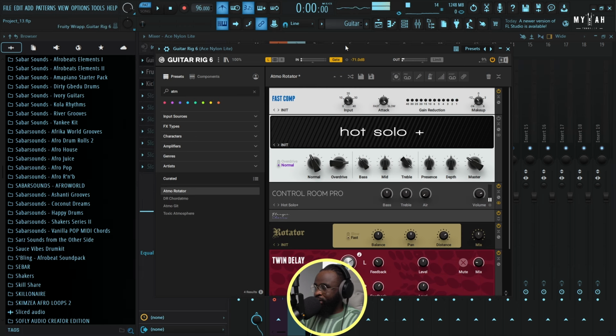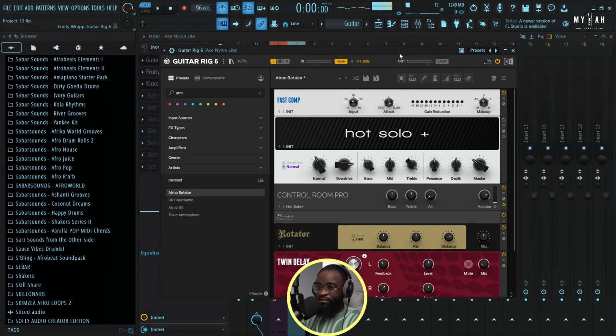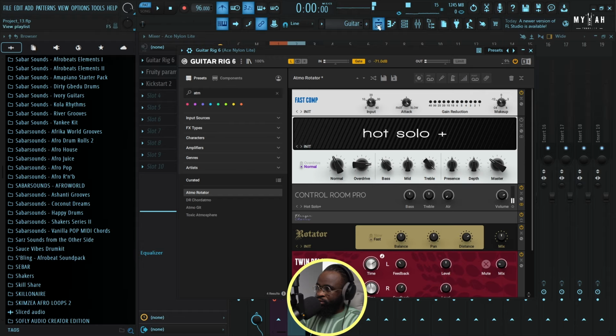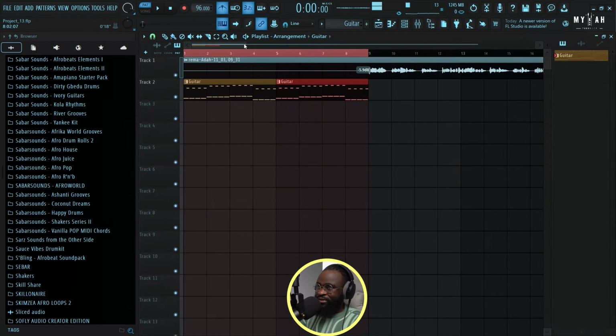Yeah, so I think it's something like this, something close to it, but it was a live guitar. It was played live, so just bear with me trying to play it. I'm also gonna try to layer it with